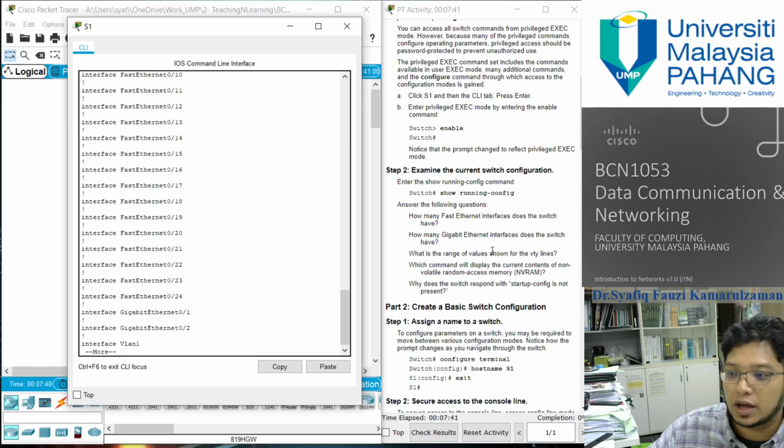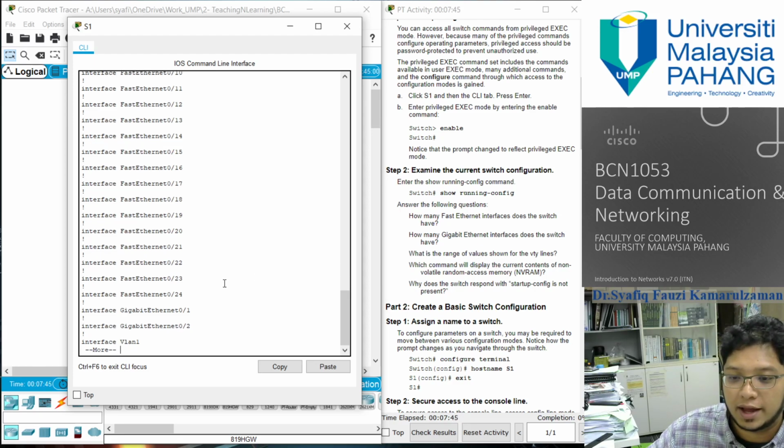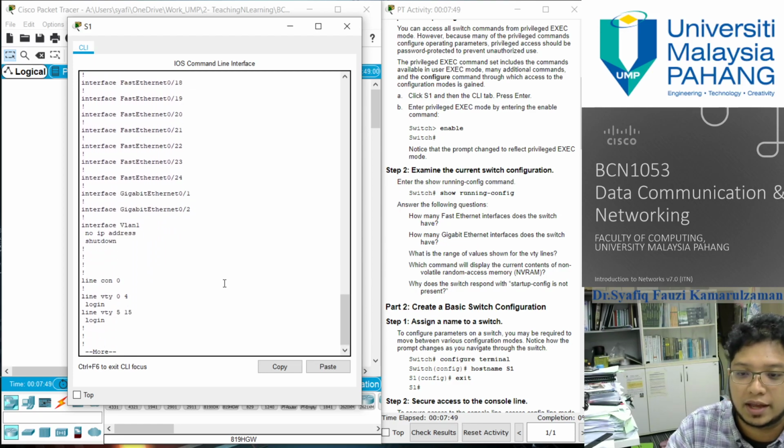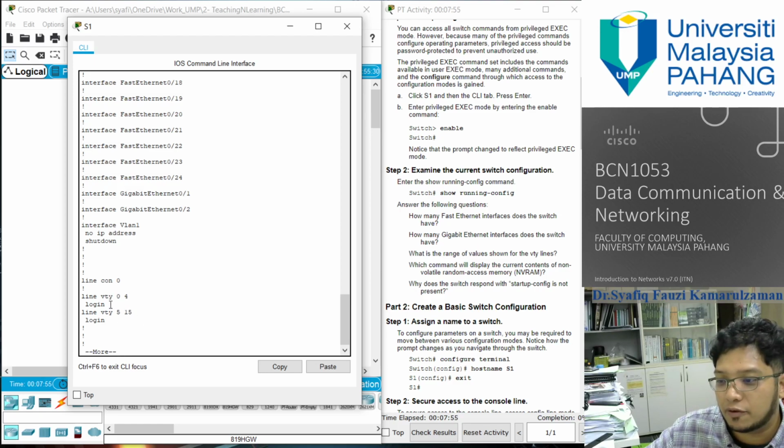Next, what is the range of values shown for the VTY lines? So let's take a look. Here you are. Your VTY line goes from 0 to 4 and 5 to 15, meaning that you have from 0 until 15 lines that you can get for this switch. So what command will display the current contents of